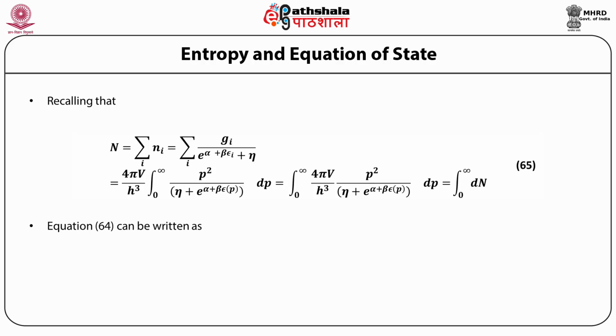Therefore, equation 64 can be written as P is equal to 1 upon 3V integral from 0 to infinity dN p d epsilon p divided by dp,